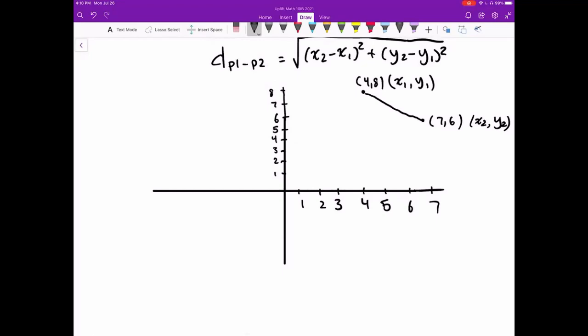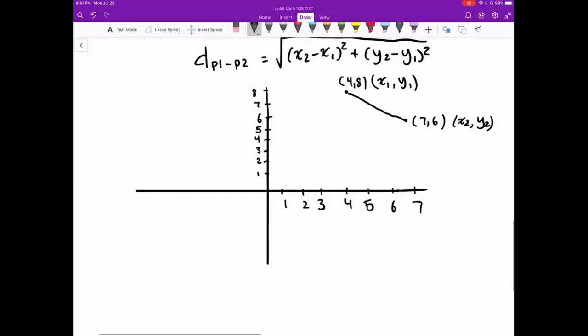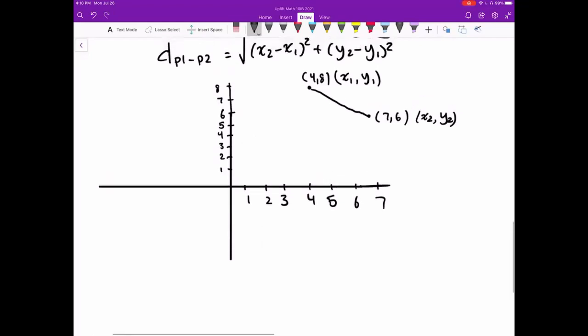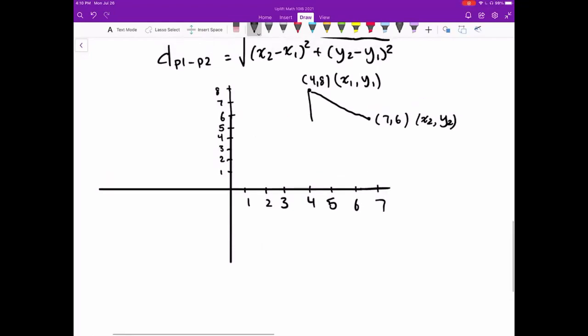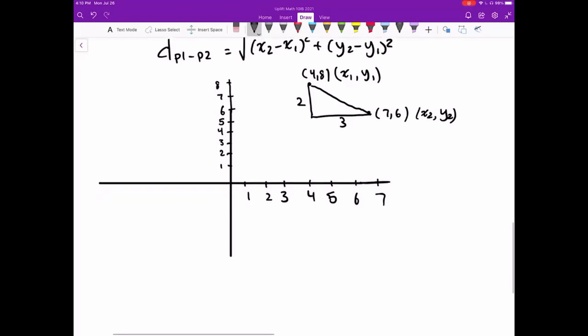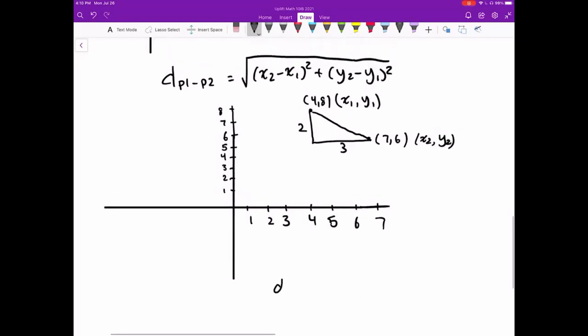So we can plug it into the formula. We get 7 minus 4 squared and 6 minus 8 squared. So if we form a triangle, then this side will be 2 and this will be 3. So like David said, when we plug it into the formula, we get the distance between 4, 8 and 7, 6